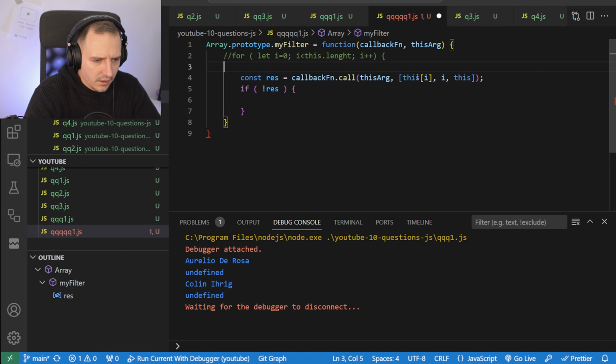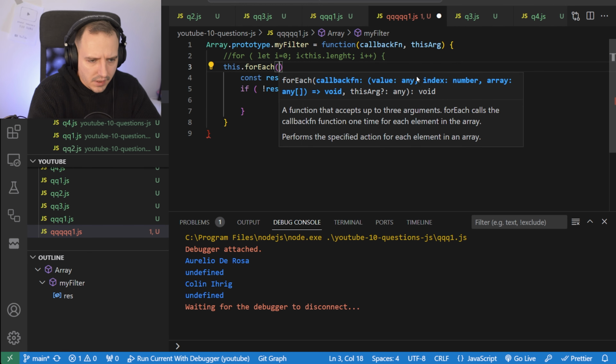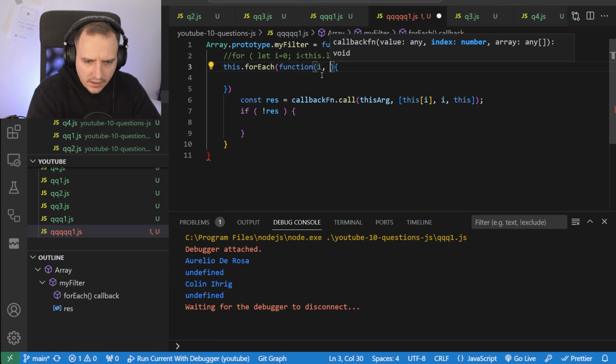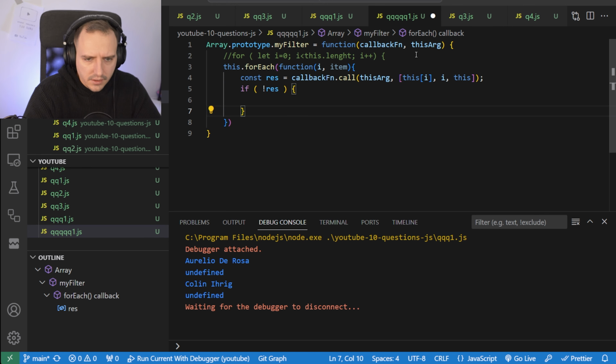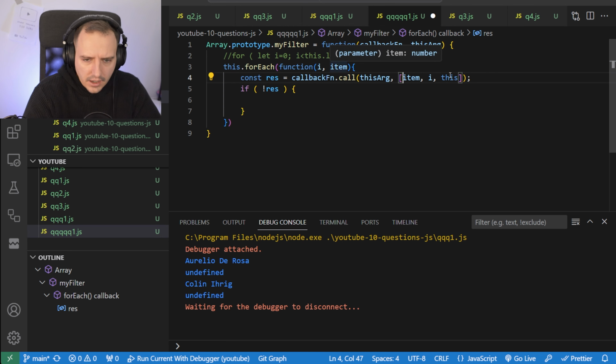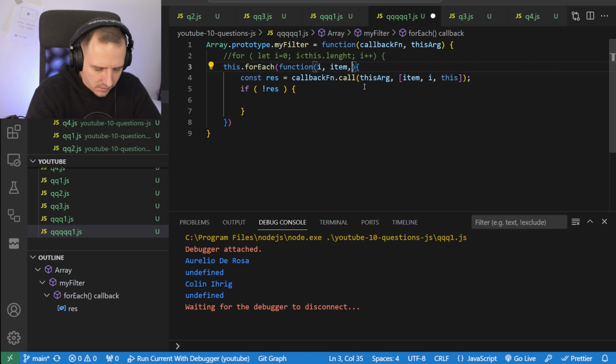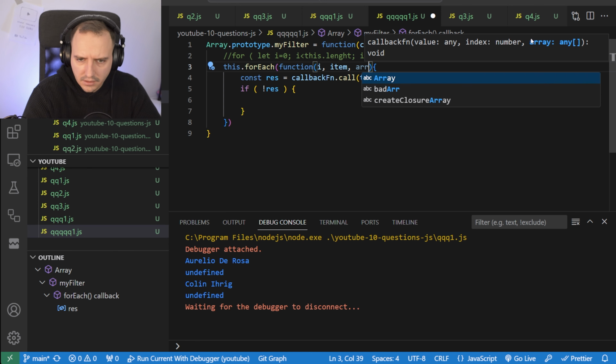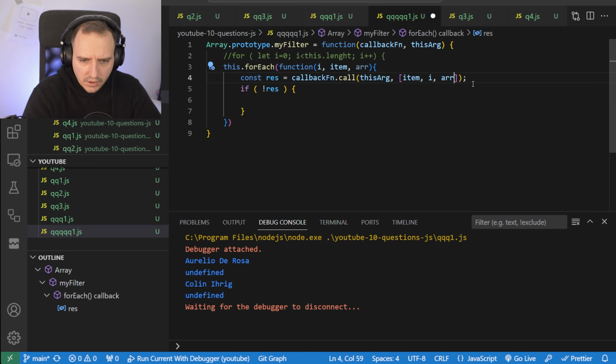So we do forEach with a function taking the item, and call the callback with the this arg, the item, the index, and the original array.